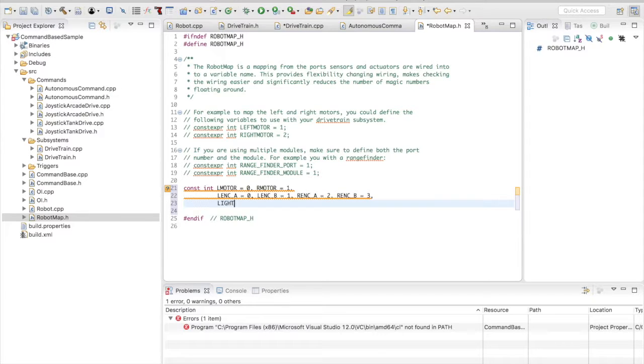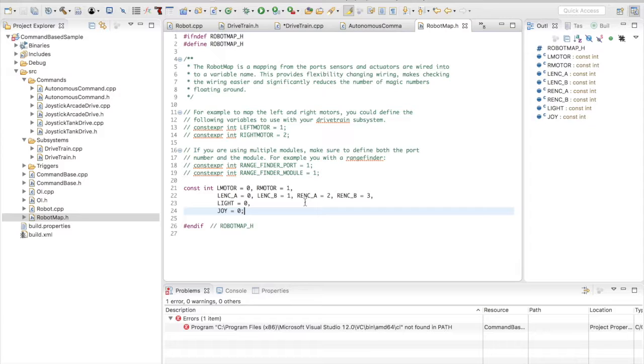We'll say the light is in port 0 and the joystick is in port 0. Okay. And also, as I mentioned in the iterative video, we're going to need a value for